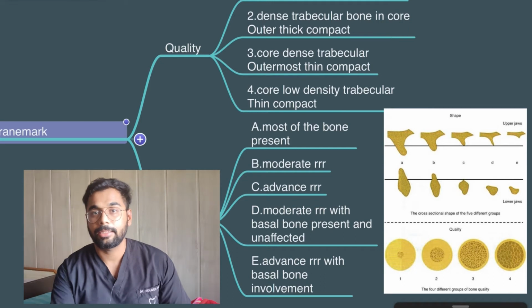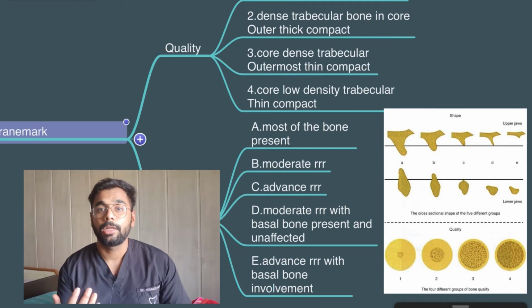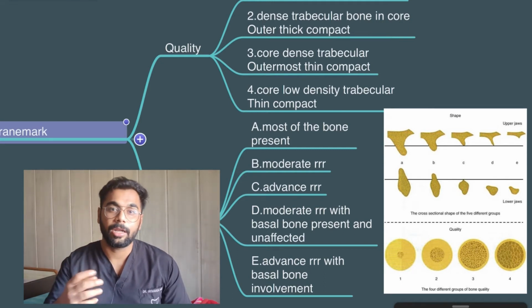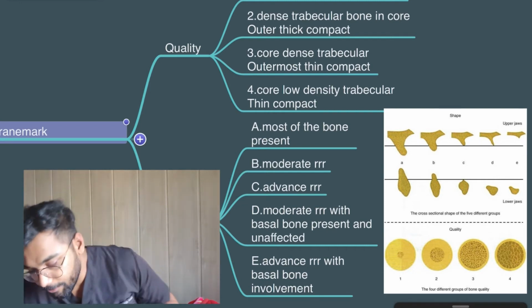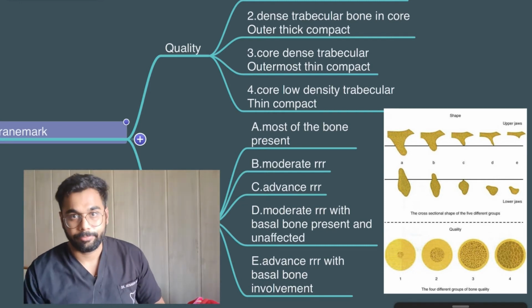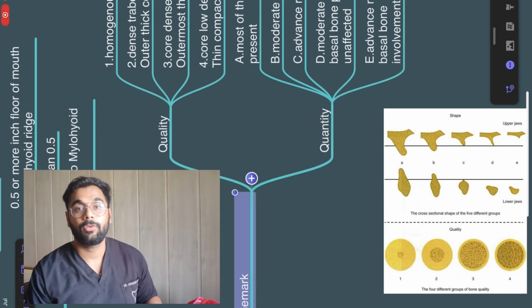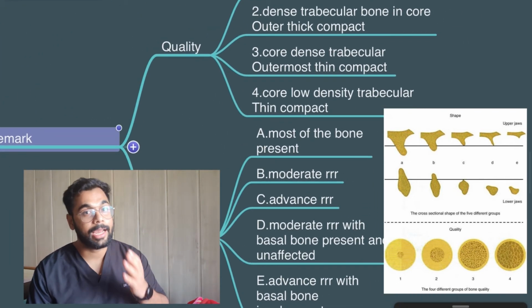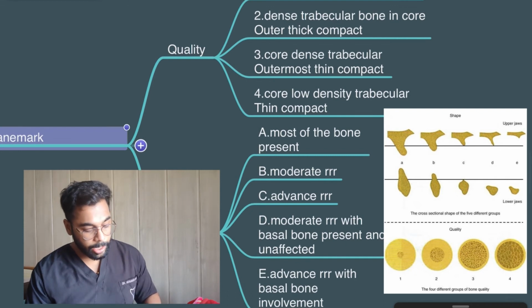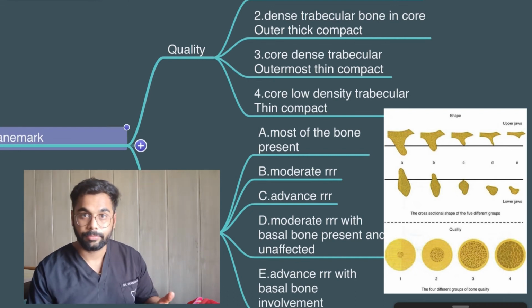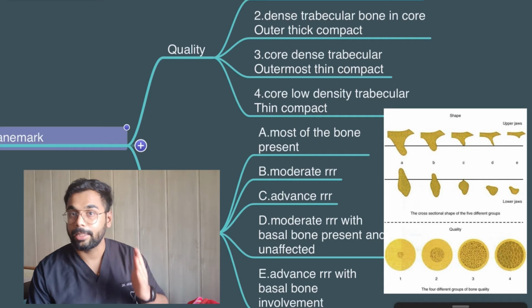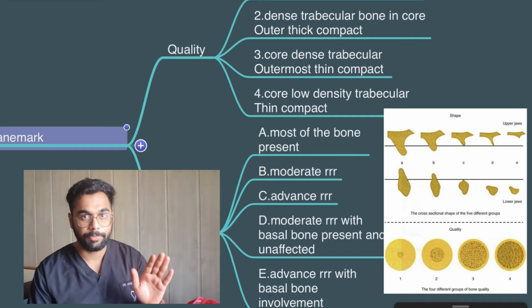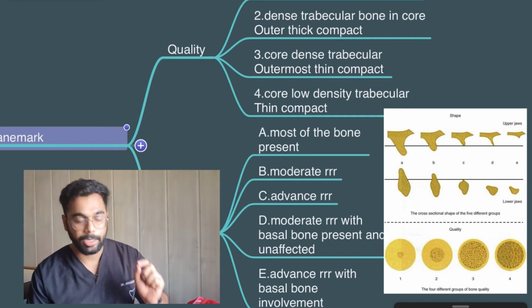What he has done, he has classified the bone as we have discussed in our definition according to GPT. What is GPT's definition? Quality, quantity. Yeah, the diminishing quality and quantity of the bone after the extraction. And he exactly talks about that. There are 2 kinds of classification: quality and the quantity. Simplified, let's go to quality of the bone.